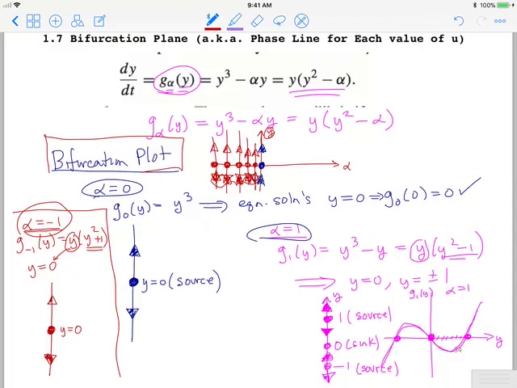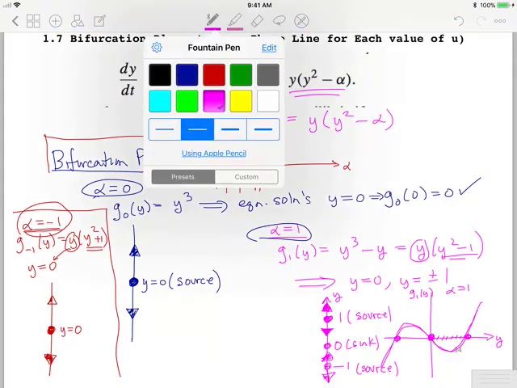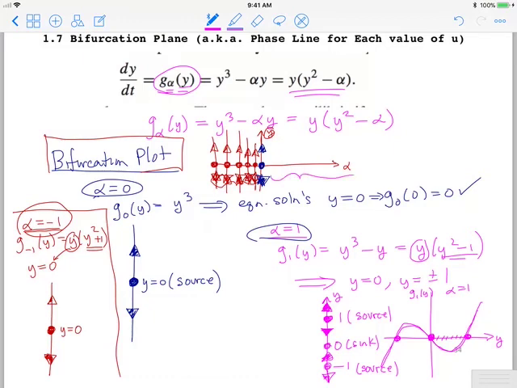Okay. Sorry about that. And the blue arrow below is also pointing down. Okay. Then we went to the alpha greater than 0 zone. And all of a sudden 3 equilibria appeared, no matter the value of alpha. And so we have now 0 being an equilibrium, and there appeared 2 others. Okay. And so we have a bunch of equilibria at 0 for every value of alpha, and then there is